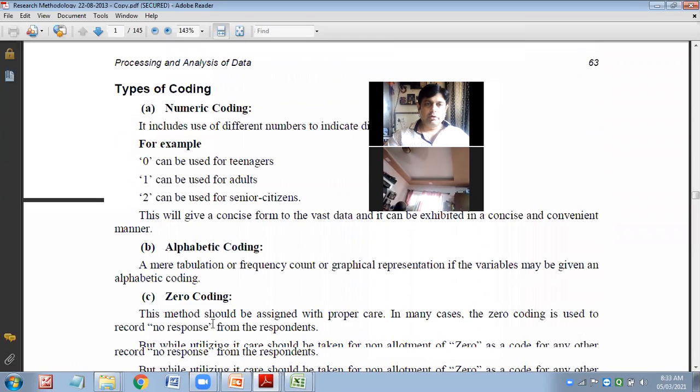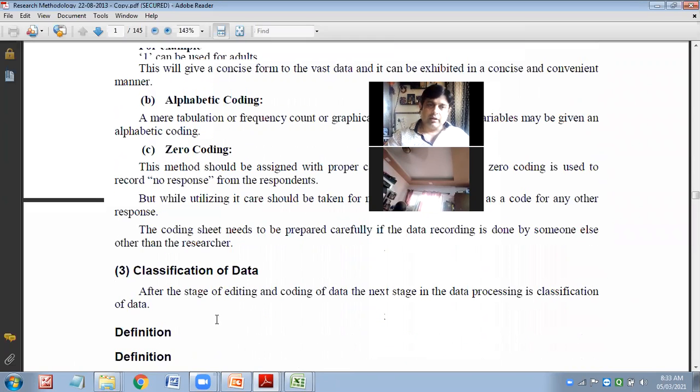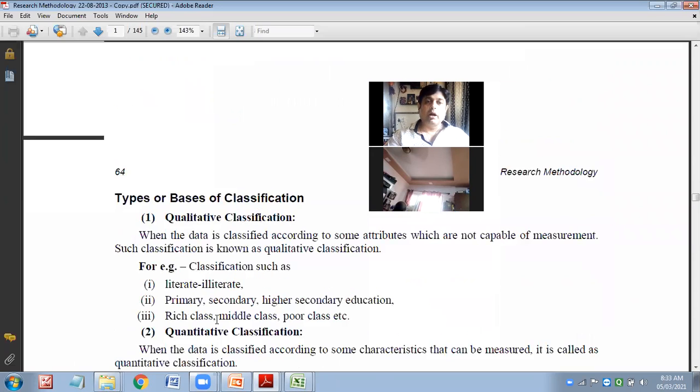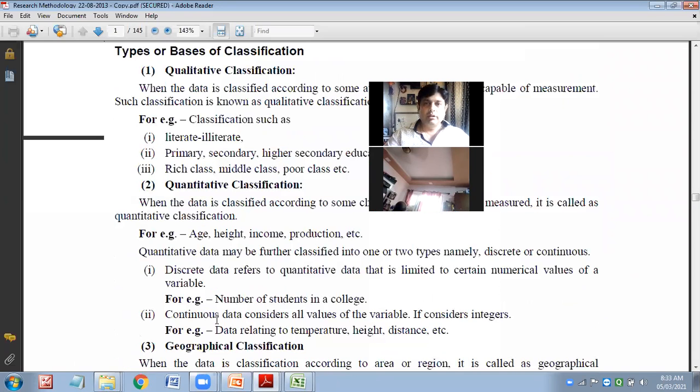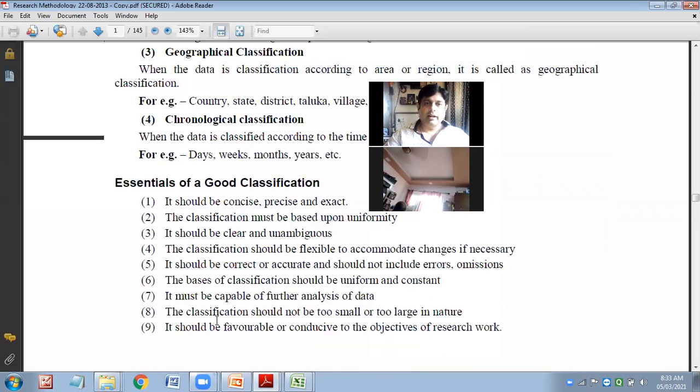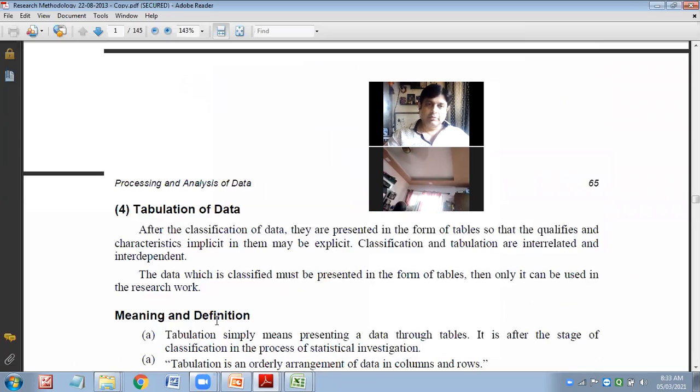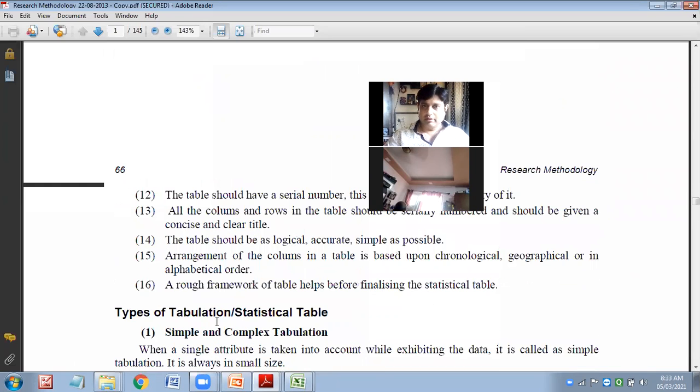This all is going to help you in a great manner when you are going to apply it to your own research problem. And that is why I am asking you to create your own research problem. Get those research problems, collect the data, and now apply it for data processing. Make their table.